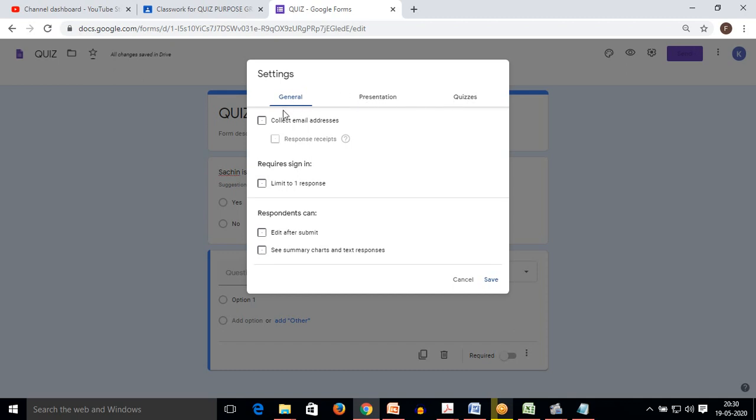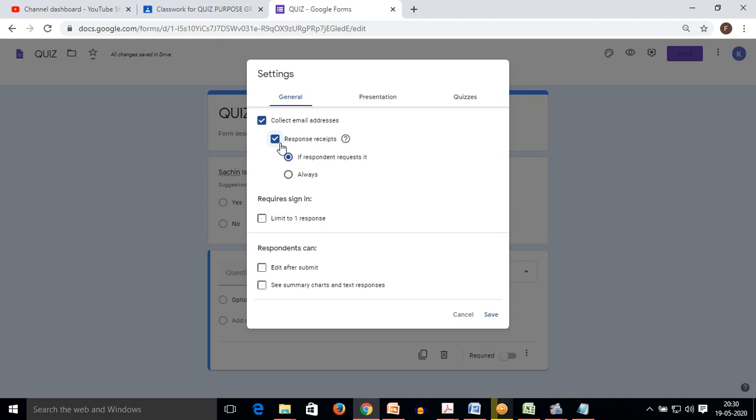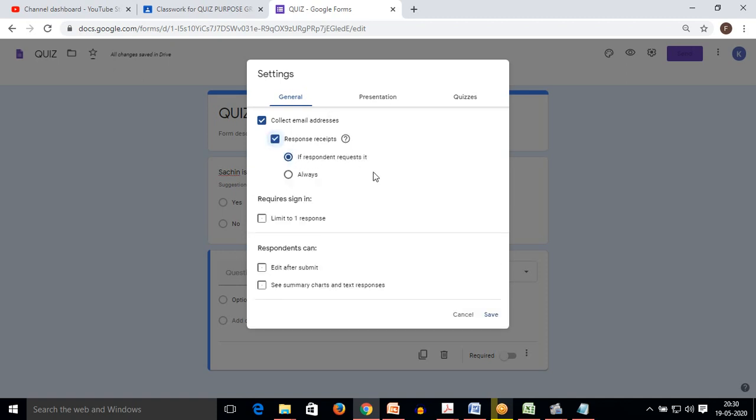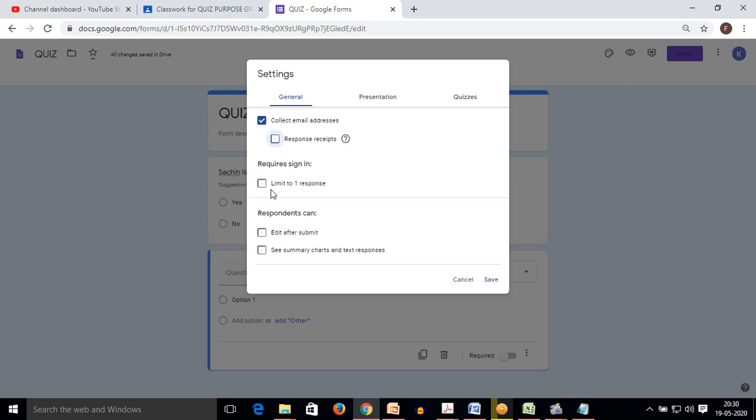In the general tab, the first criterion is collect email addresses. If I wish to collect the email address, I will click yes and say that I want the email address to be collected. Second, it requires sign in, and I will limit to only one response.